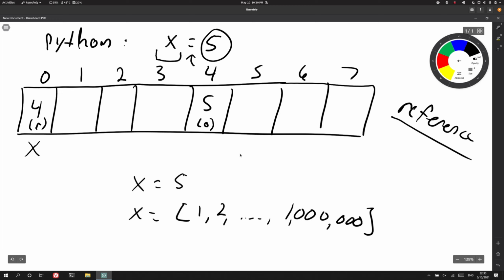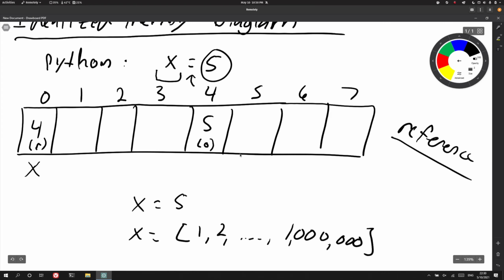And as I'm sure you can imagine, an array of 1,000,000 elements and 5 are not the same size. But Python will happily allow you to assign 5 to x, and then in the very next statement assign this array. The reason why this works is because what Python will do is it will just stick that array somewhere